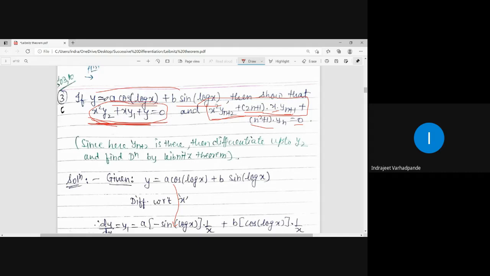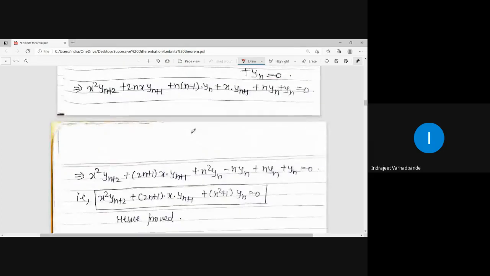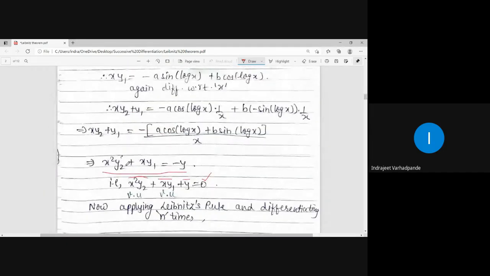Else, you will be given this particular statement, and then applying the Leibniz theorem, you will have to calculate it. Okay? All are interlinked with each other. So the given example related to Leibniz theorem can be split or separated into such kinds of quantities, right? Therefore, in the given example, we have x squared y2 plus x y1 plus y is equal to 0. I want the terms which involve y n plus 2, and the terms which involve y n plus 1.